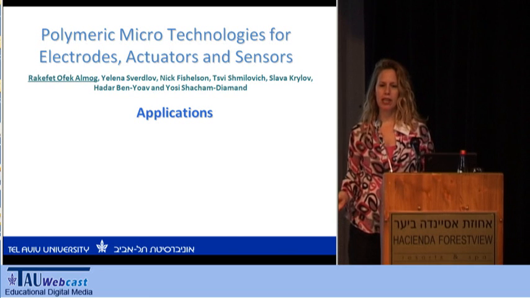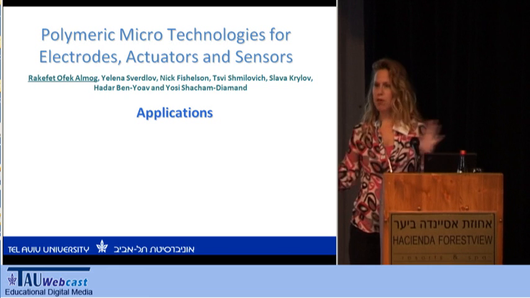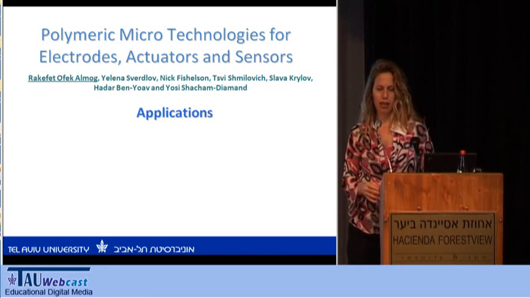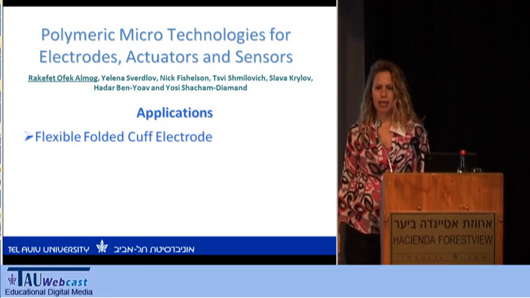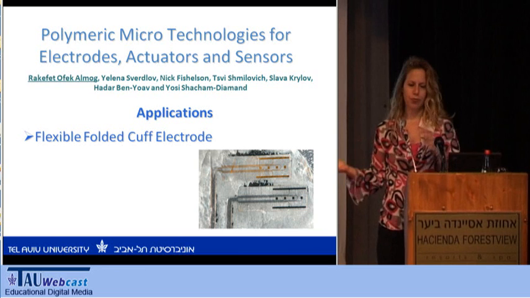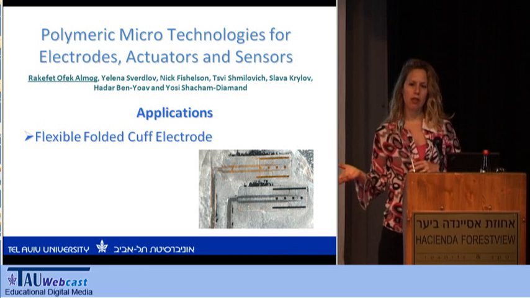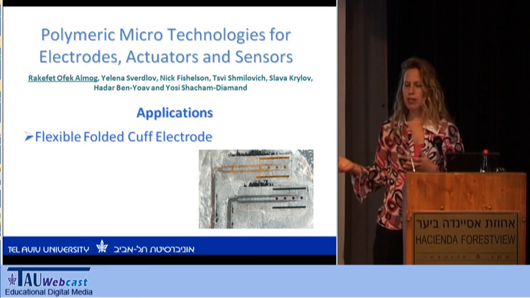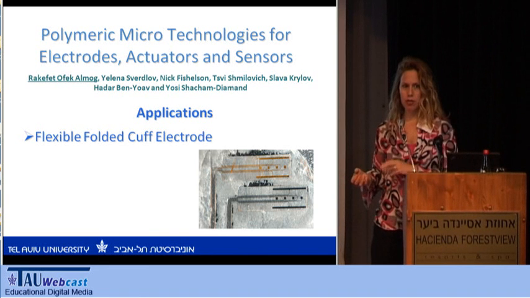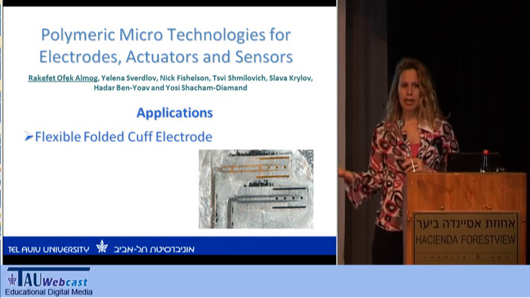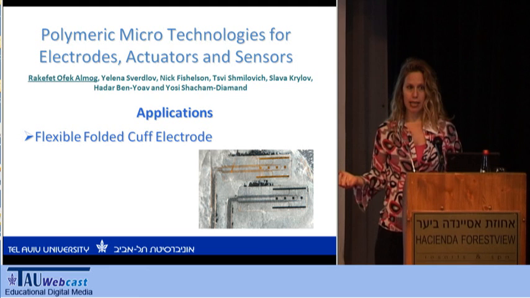We believe that we are in the beginning of a new era, the era of organic electronics or polymeric electronics. The polymers are all around us. And in our research, we wanted to integrate polymers as substrates and also as conductors. For example, in implantable electrodes, the conventional electrodes of conventional materials such as silicon cause acute damage to the tissue. And by using polymers that have a lower toughness than the silicon, we can lessen this damage.